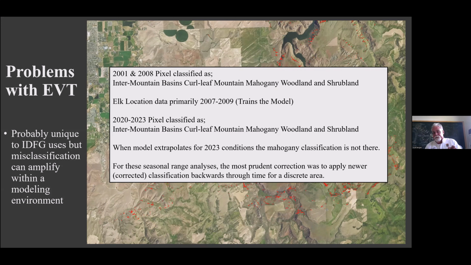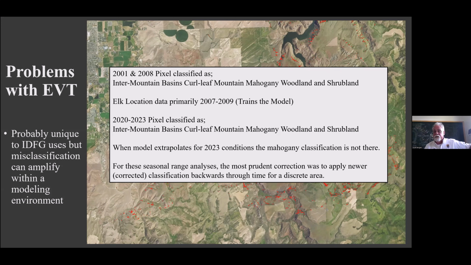But due to the unique circumstances of this model occurring back in 2007, they trained our model. They said our model was things we're looking for mountain mahogany that was in that area. We try to put it within a more current context with the 2023 data, and there's no mahogany on there. So we lose that winter range even and that misclassification,